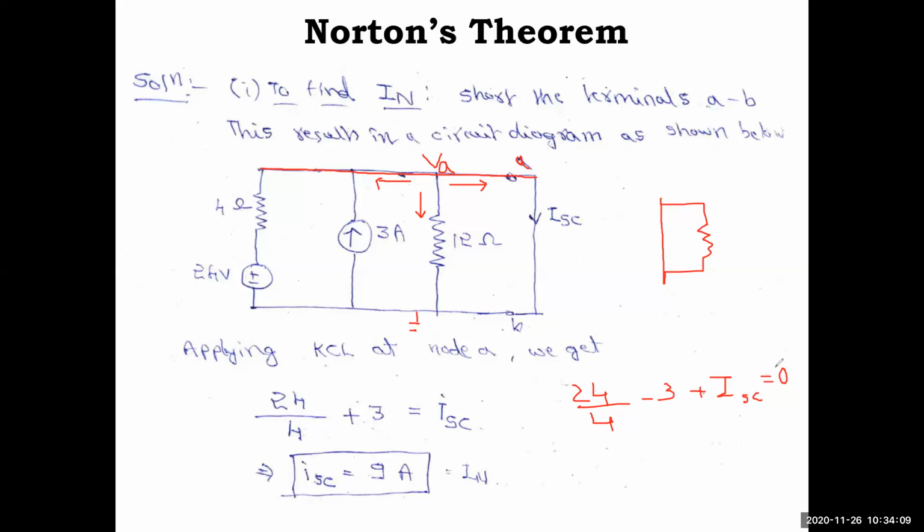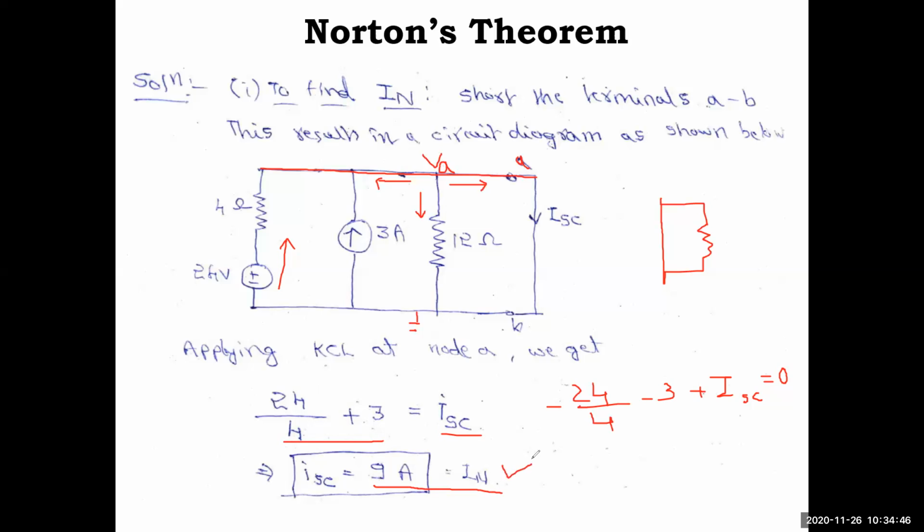Is there any change happened here? ISC minus 3. This was flowing here in the normal direction, and we have assumed it is opposite, so that's why it should come minus 24 by 4. Minus 24 by 4 minus 3 plus ISC is equal to 0. Taking this to the right side, these two become plus: ISC is equal to minus 24 by 4 plus 3, it is correct. So 24 by 4 is 6, 6 plus 3 is 9, so ISC is 9 amps,